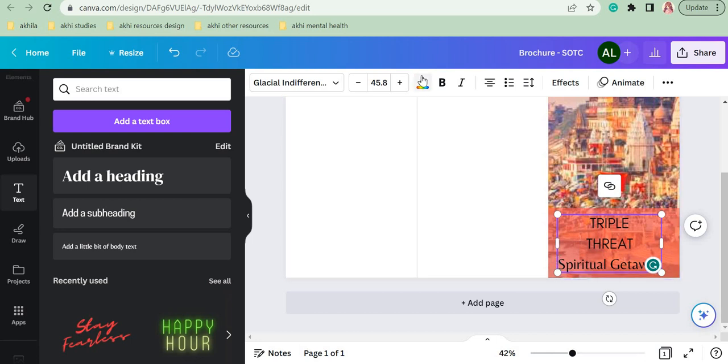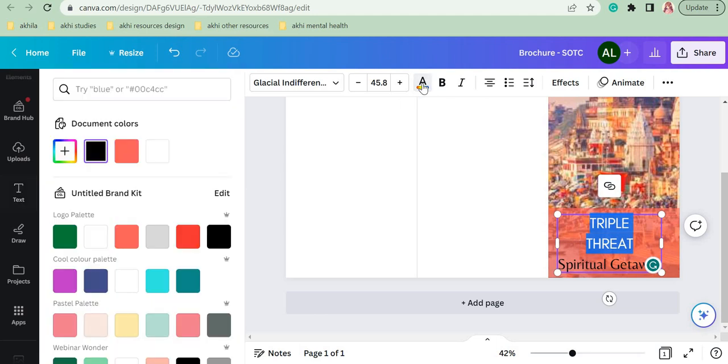Next, what we are going to do is change the color. So to change the color, I'm selecting this title again. To do some selection inside the text box, you should double click on the text box. If you double click, you will go inside the text box and there you can select some words and you can do changes to them. So I'm selecting this part, Triple Threat. And here there is a button called text color. You can see one A button is there and some multicolored line here. This button is called your text color button.